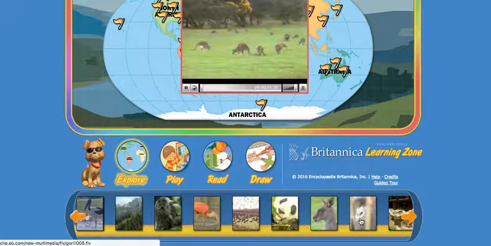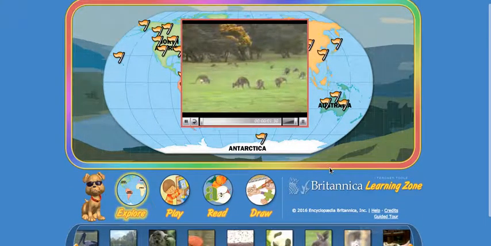So I can click on any of these icons or pictures down below, and up will come